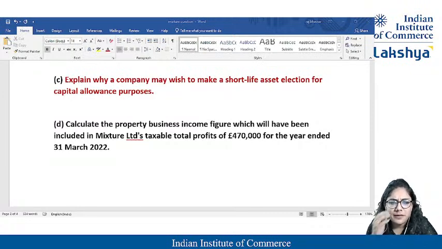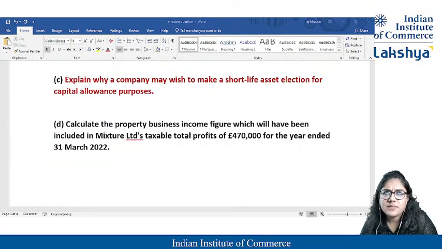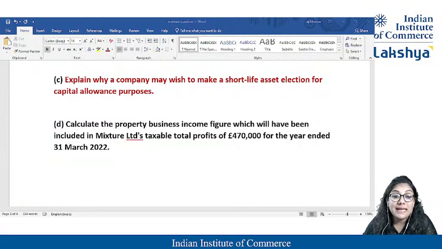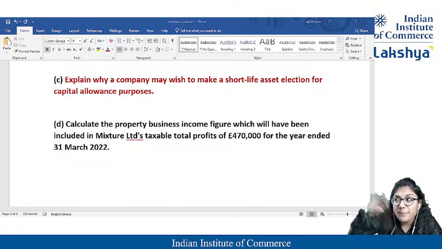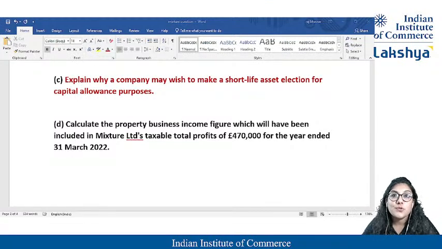Like, ma'am, is there any benefit of that investments like AIA, you know, annual investment allowances? Ma'am, can we claim that? Yes. So yeah, if you guys remember that, students, it is also important to know that when it is a short life allowance now, it will be in the main pool. So that special rates and all now will not be taxable.